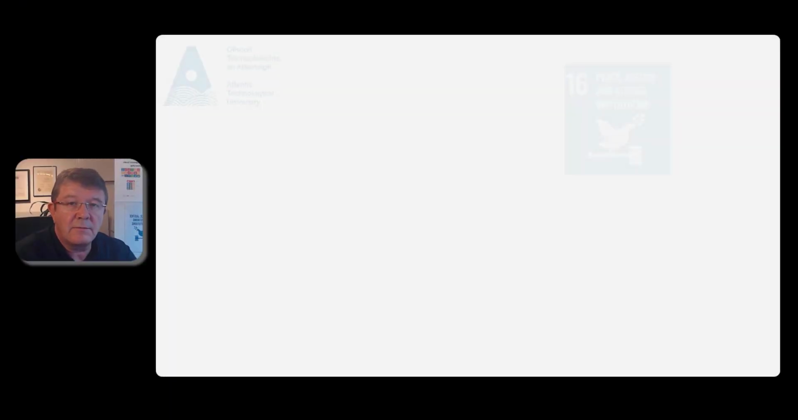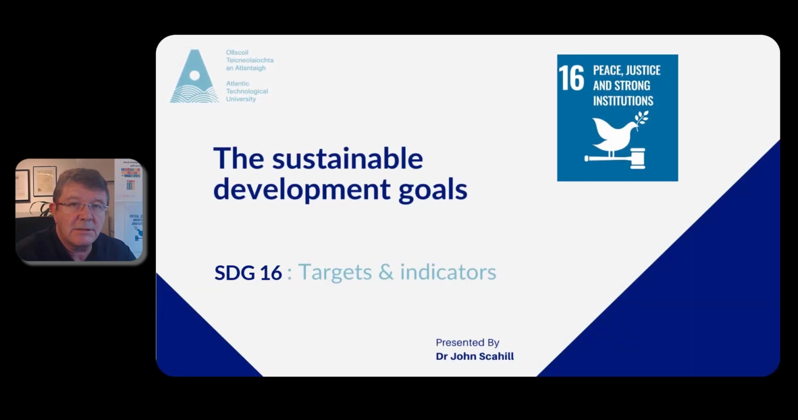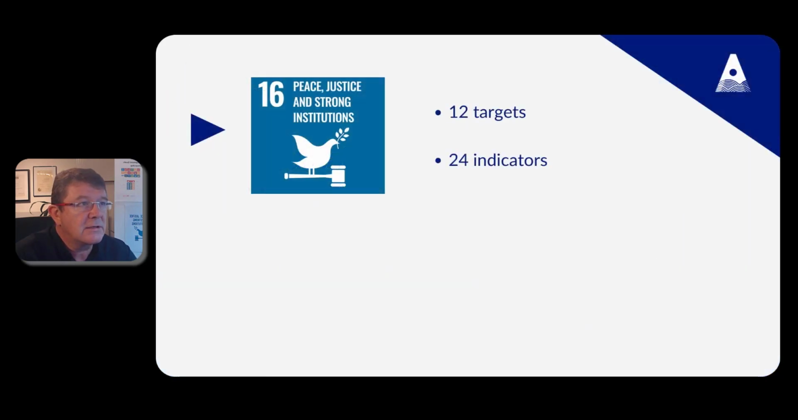Hello and welcome. Here we're going to have a look at the targets and indicators in SDG 16. As you can see, there are 12 targets in SDG 16 and 24 indicators. This means that SDG 16 is one of the most populated of the SDGs in relation to number of targets